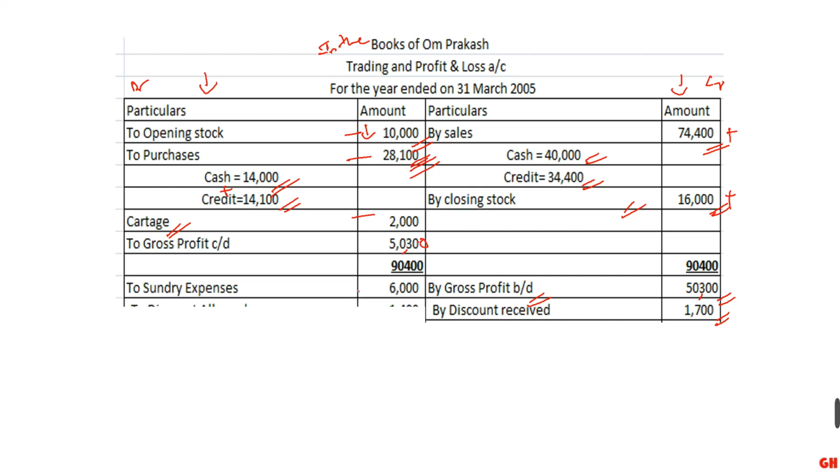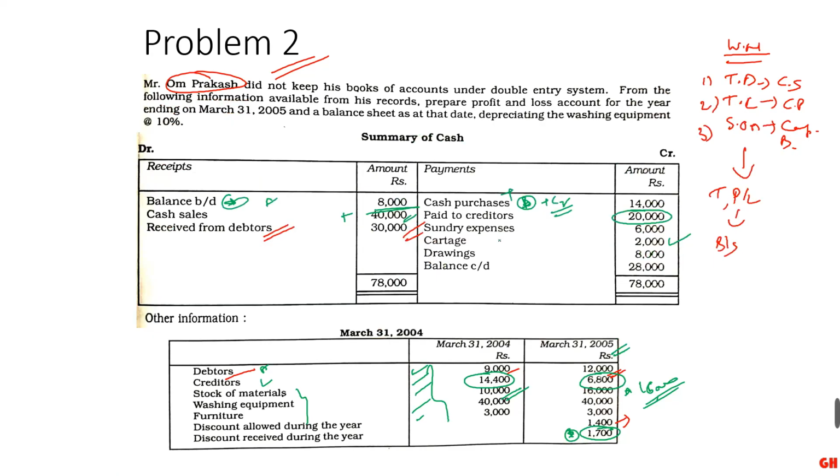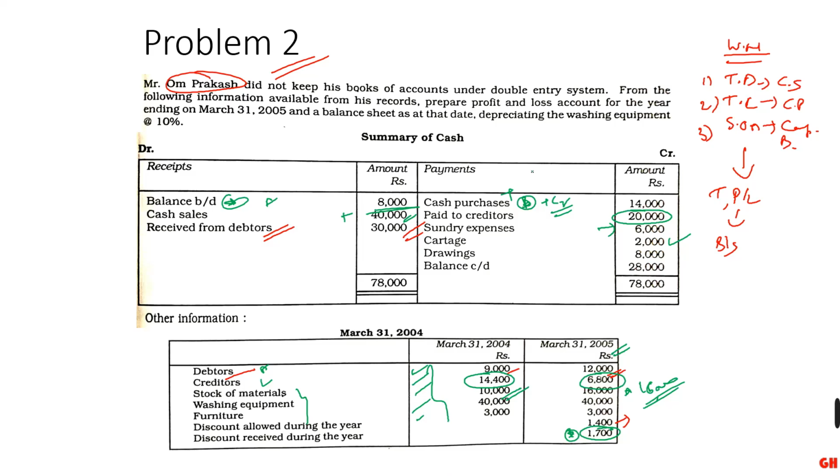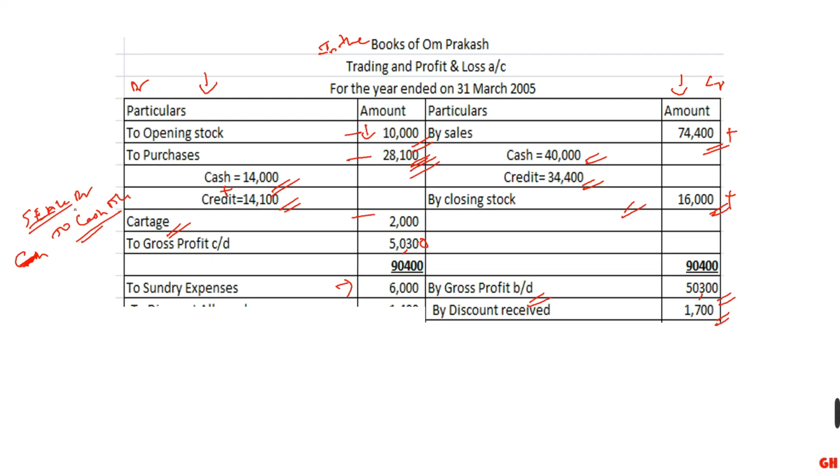Then sundry expenses, whatever expenses is paid, 6,000 is paid. So here 6,000 is paid through cash account. It's shown as 6,000. That will be debited to profit and loss account. If you see the entry of sundry expenses, entry will be sundry expenses account debit to cash account. Okay, so cash account is getting credited. If you see here, cash account is getting credited by sundry expenses, and sundry expenses has to be debited in profit and loss account. Okay, so it's an expense, debit all the expenses.